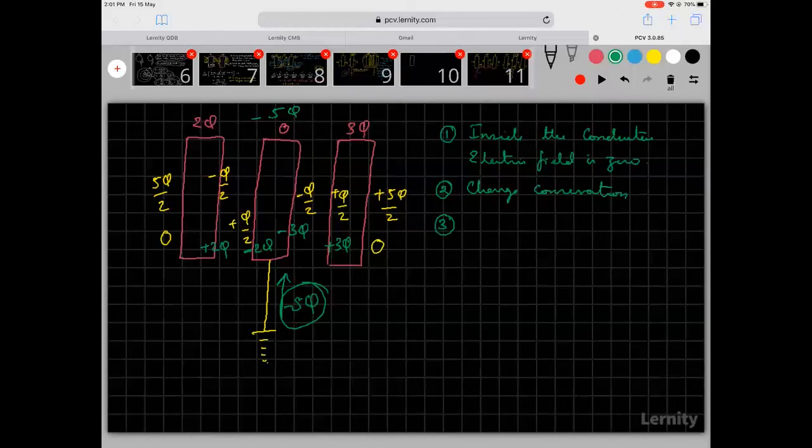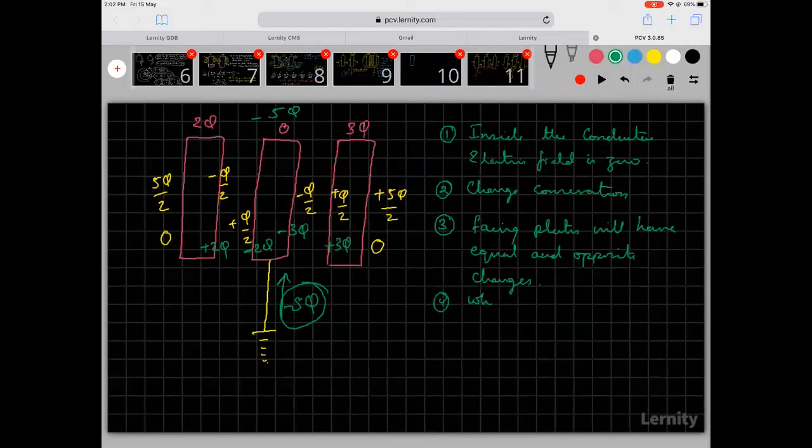Then the third thing that we are using is facing plates. Facing plates will always have equal and opposite charges. Facing plates will have equal and opposite charges. Okay, then